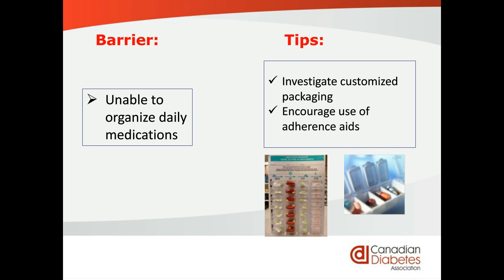And some families like to support their loved one by organizing the medication in pill boxes. These adherence aids are very inexpensive. You can get them at a dollar store or the local pharmacy, they all have them. And you can organize the medications. An added advantage is, if you go out and have to travel, like going to someone's house and staying overnight, you can simply take the pill box with you and your medication is right there instead of bringing the whole bag of medication.